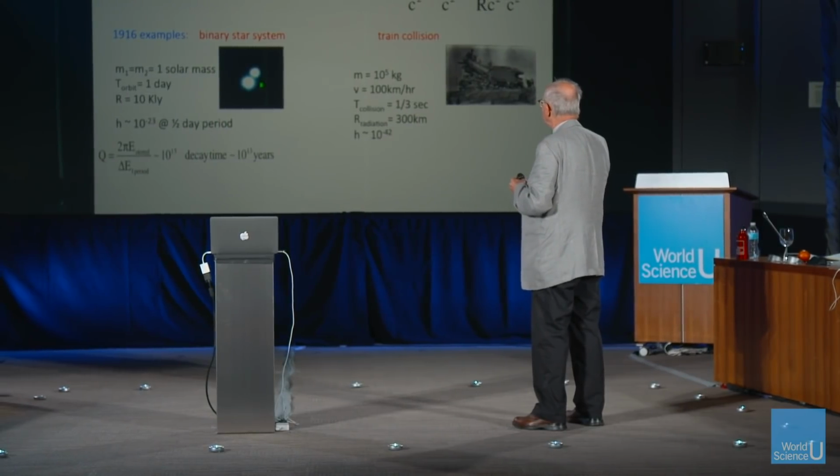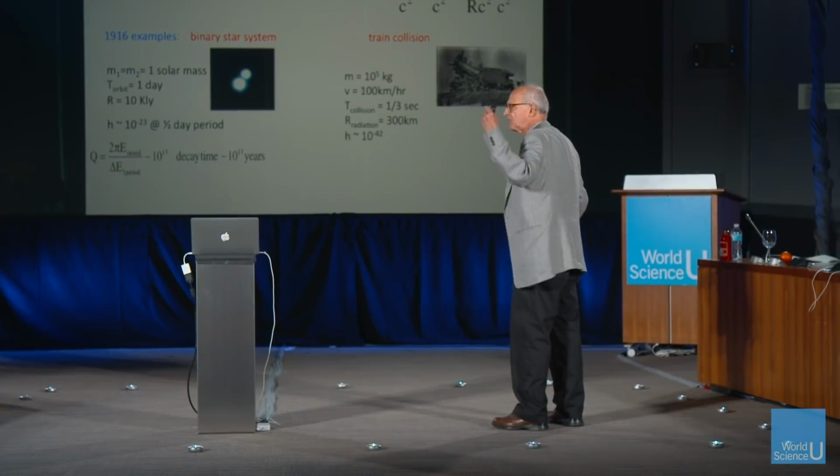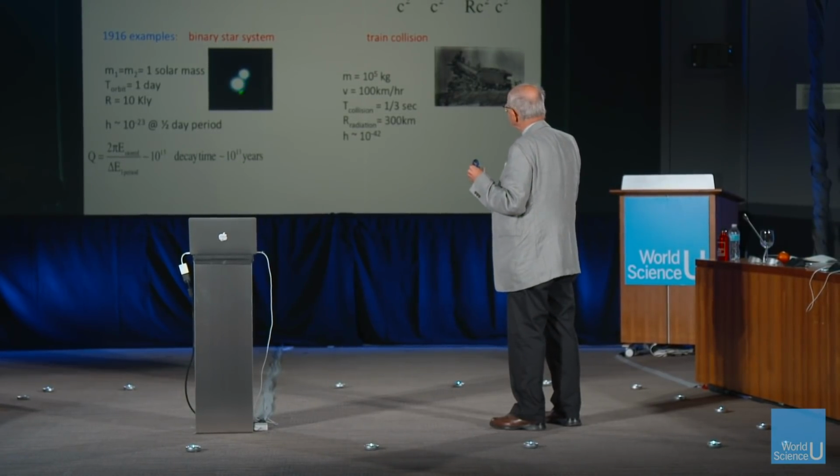And if you put the numbers in and calculate the loss of energy divided into the total energy that system has, it takes 10 to the 13 years for a system like that to lose about half of its energy, or 1/e of its energy. So if you were looking for a 10% change with a telescope of the distance between these two, you'd have to wait 10 to the 12 years or so. And Einstein, if he did, I'm sure he made a number like this. So that's where that whole statement came from, that this was hopeless.